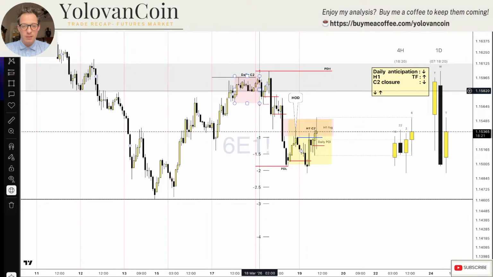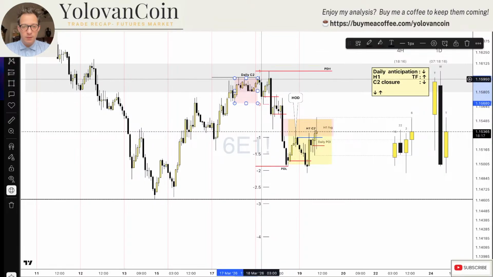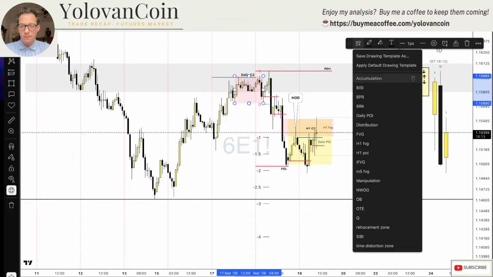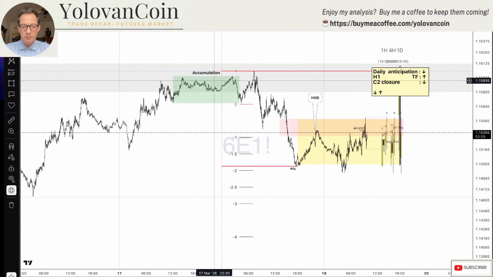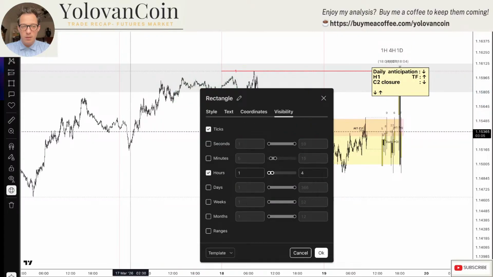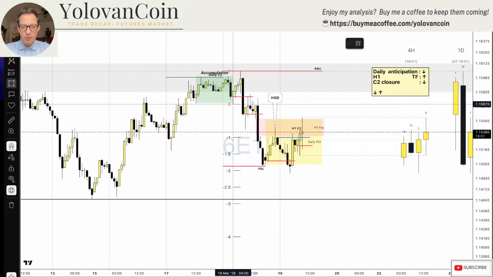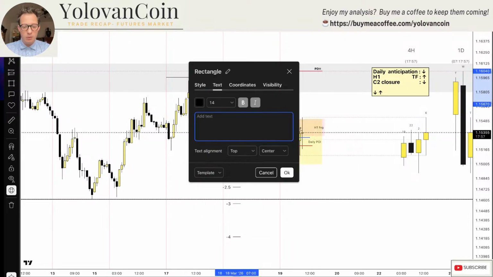You see that's a consolidation, aka accumulation. So that was an accumulation. Why is it not here? Okay, I don't want to see on that one. And then we have a manipulation out of the range. Okay, this is a manipulation,